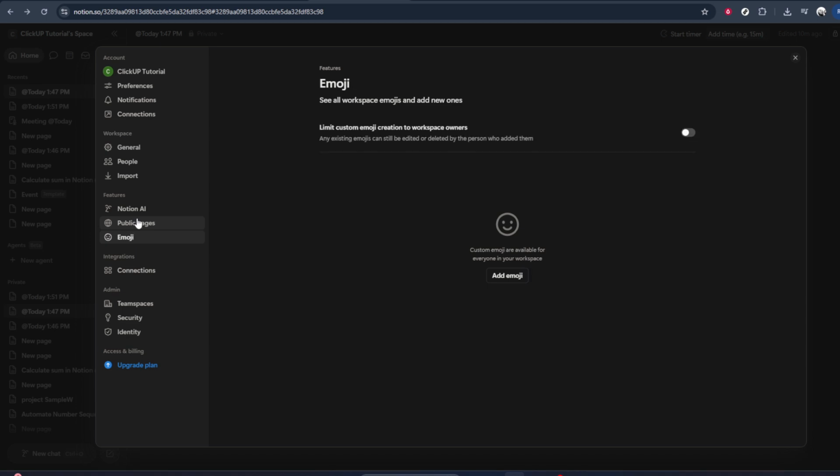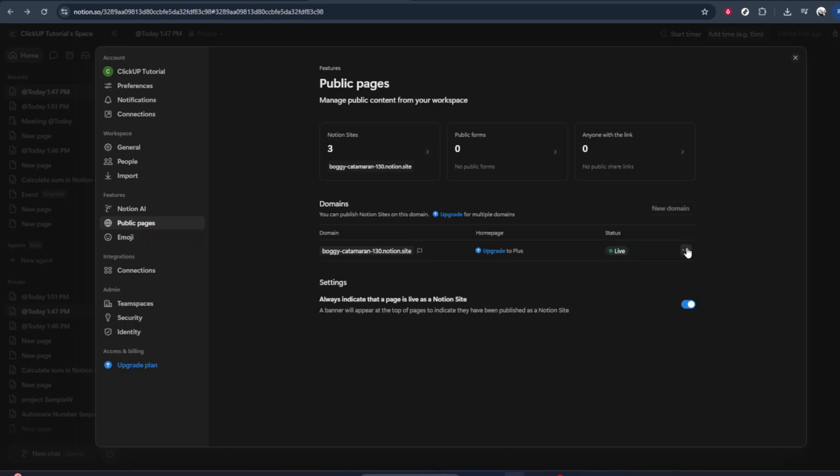account and workspace. Once the settings are open, you'll see several sections listed in a menu, often on the left side. Scroll through that list until you see the section called Public Pages. This area controls how your pages are shared on the web. Click on Public Pages to open it. Even if you haven't published anything yet, this is still where Notion groups all of the options related to sharing